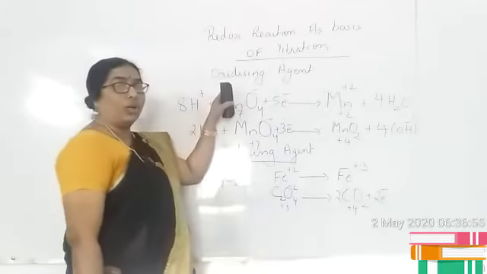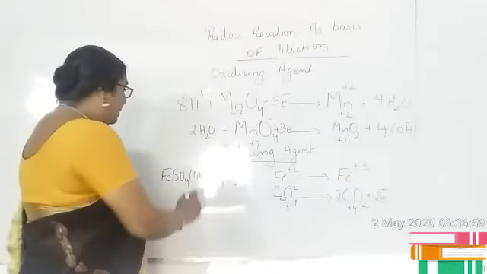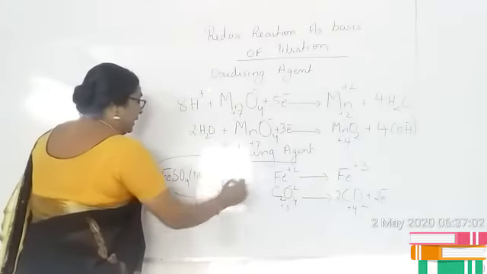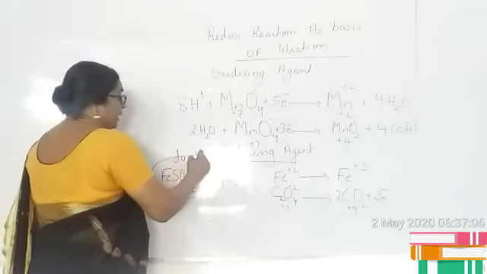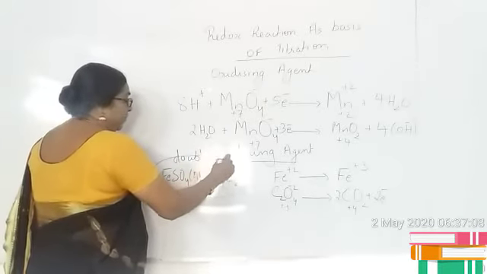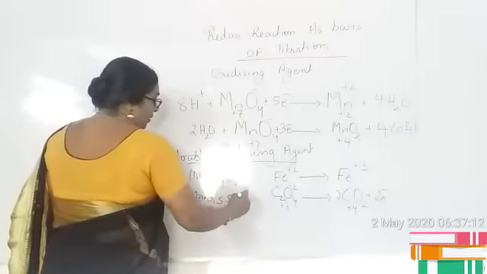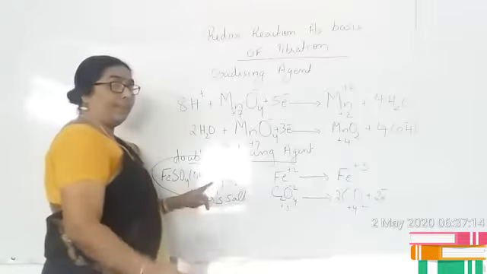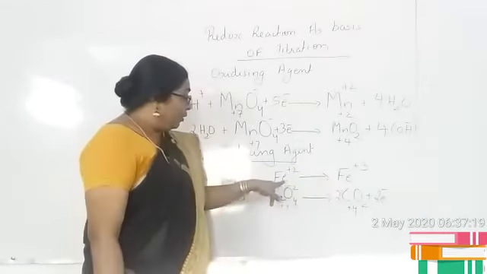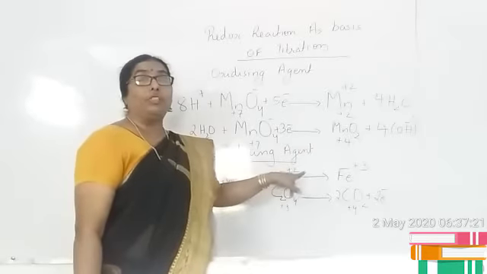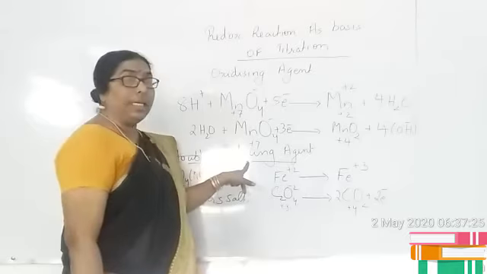Now, along with this oxidizing agent, we will be using as a reducing agent ferrous ammonium sulfate. Children, this ferrous ammonium sulfate is a double salt. It is an example for a double salt which is otherwise termed as Mohr's salt. In this case, you can see the presence of ferrous ions that get oxidized to ferric, where the oxidation state changes from plus 2 to plus 3. So it acts as the reducing agent.